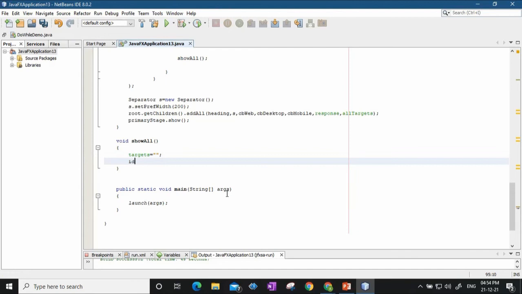Now if CB web control dot is selected, if CB web control is selected, then